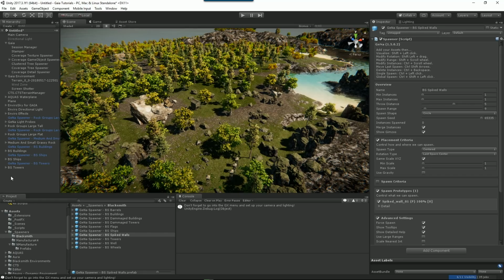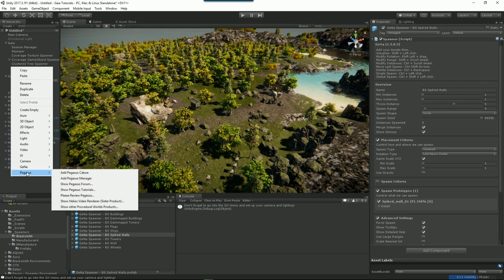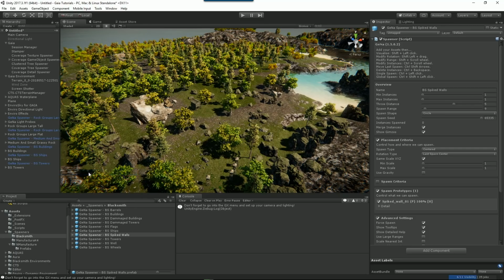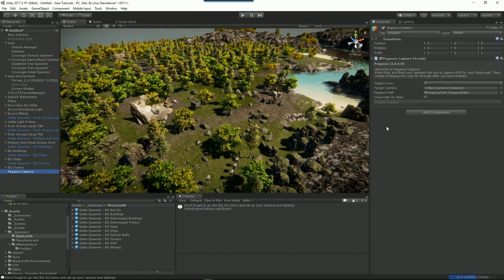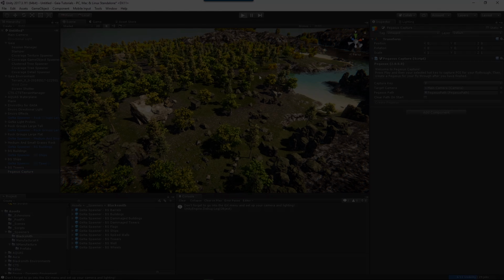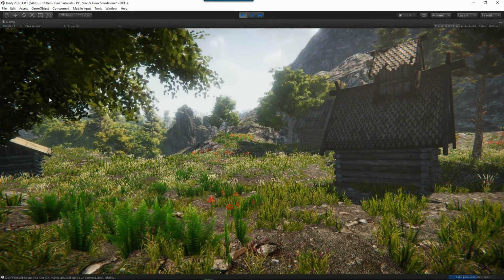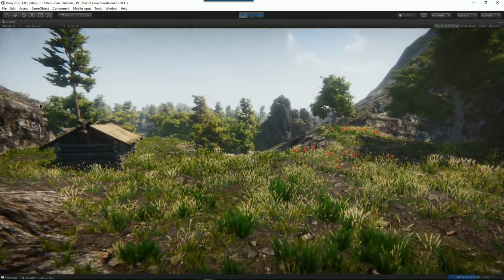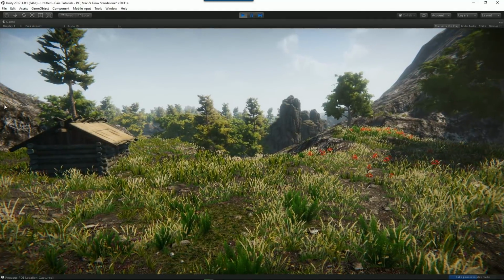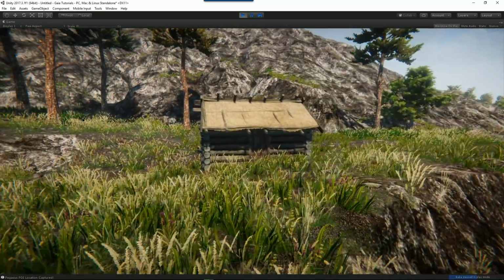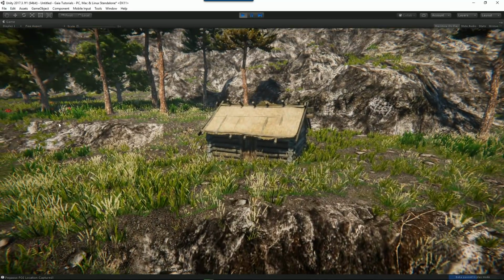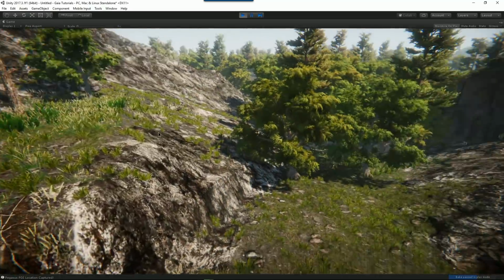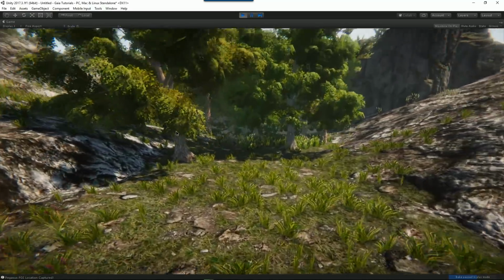So I'm going to right click and I'm going to show you Pegasus. We're going to add a Pegasus capture object, and Pegasus capture allows us to create Pegasus paths by actually running our game. So let's do this. I want to start here, so I'm going to hit P for Pegasus, and it's captured that location. Then I'm going to fly through here, P for Pegasus, and then maybe have a look at this building as I go past it. Put another Pegasus point of interest there,